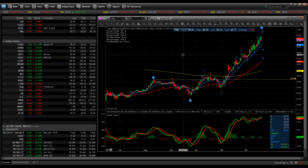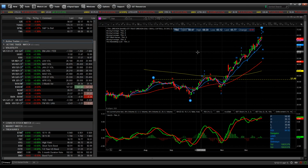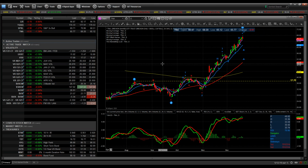And then in 2021, you definitely want to load up with cash, because that's kind of where we're going to see it, and then it's just going to go like crazy. But if we look at the volatility,